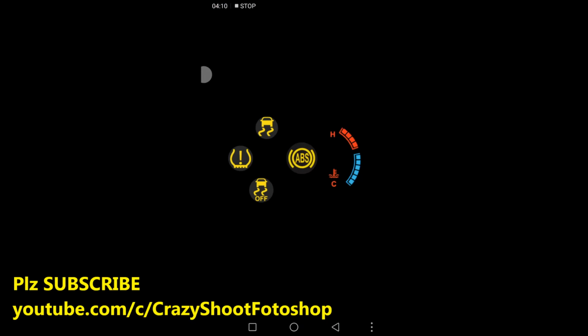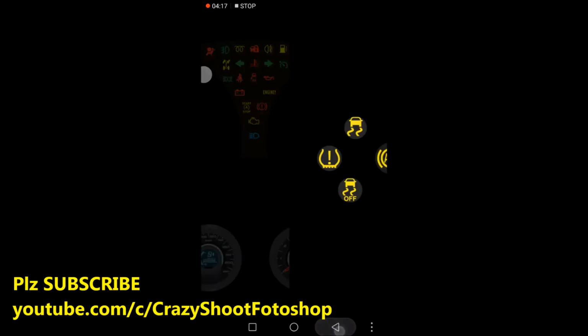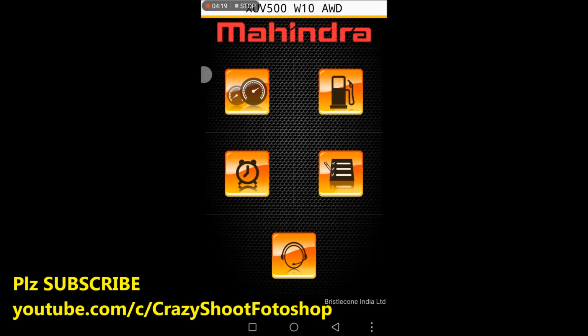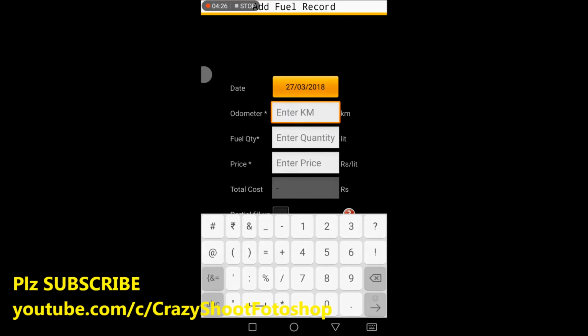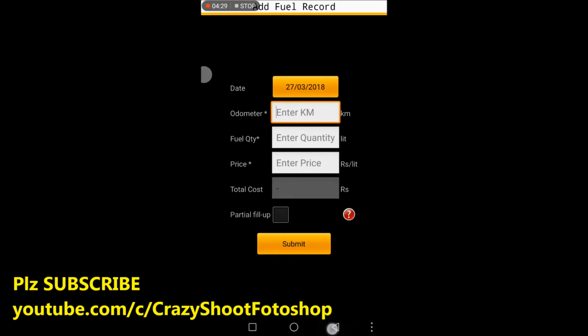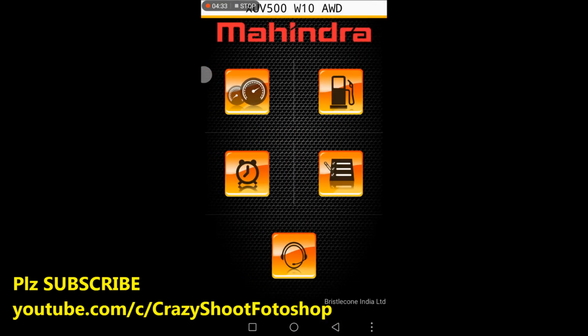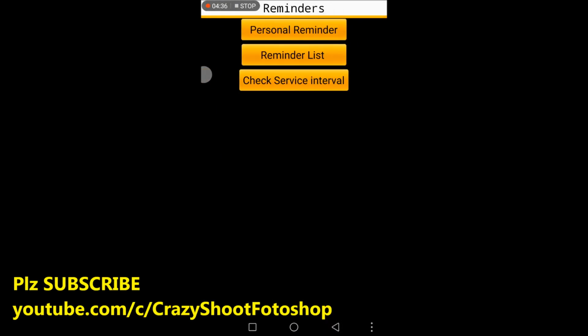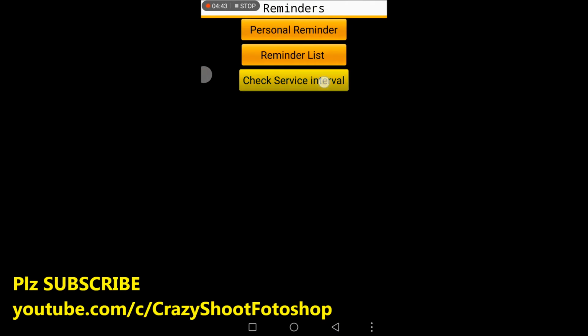Then you again have other symbols like this off symbol, then the tire pressure monitoring system symbols. And the next one is the fuel symbol. You can add fuel records: the date, the odometer, then the fuel quantity. So you can also calculate efficiency. Also these reminders show you the personal reminders. You can create reminders, you can see all the reminder lists, and also you can check the service